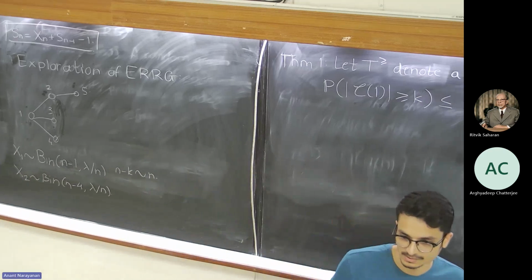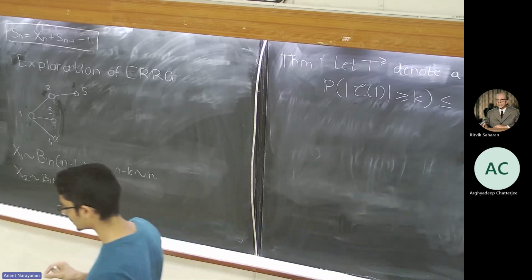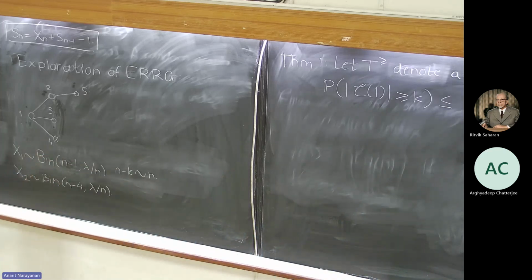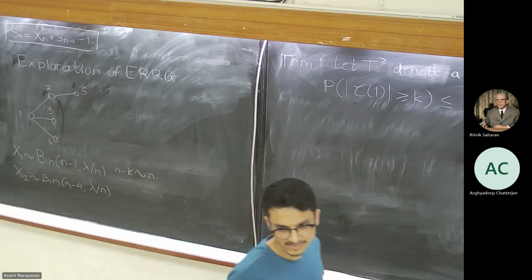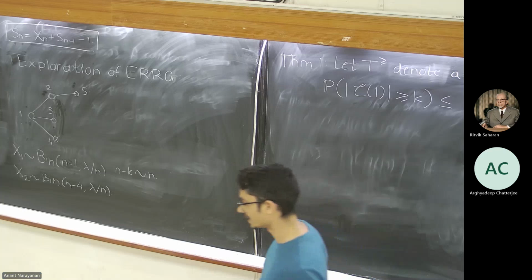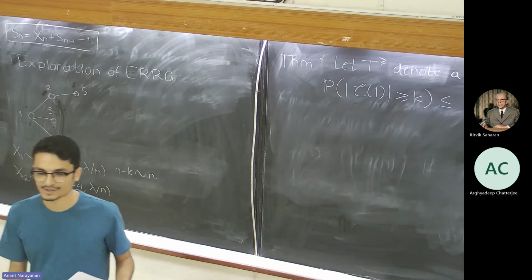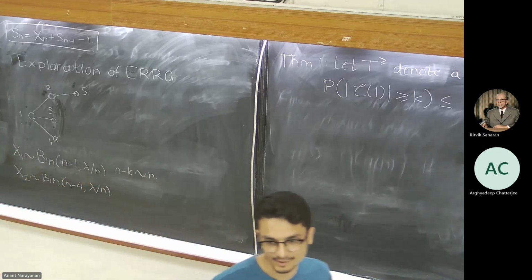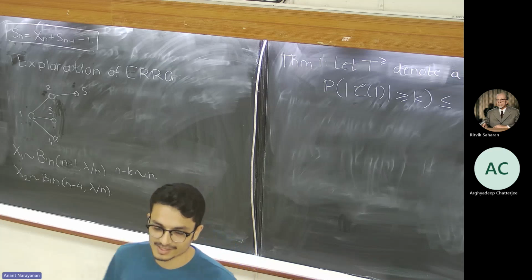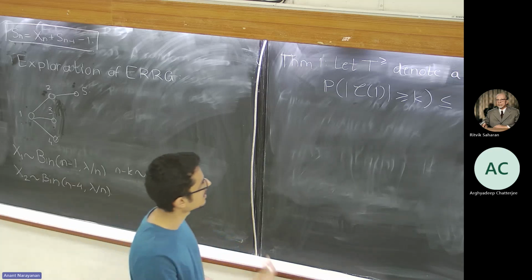So this result should be kind of believable. Is that okay? What I mean is that at each instance, the random graph will have binomial n minus k, lambda over n, but the branching process will have binomial n, lambda over n. So n minus k is less than n. I know that is not a sound justification, but you'll have to believe me for now. So it's something called stochastic domination.